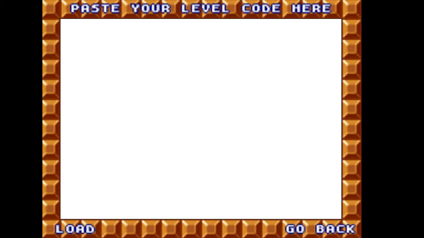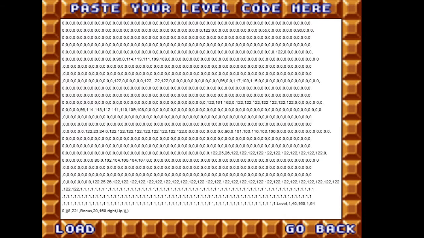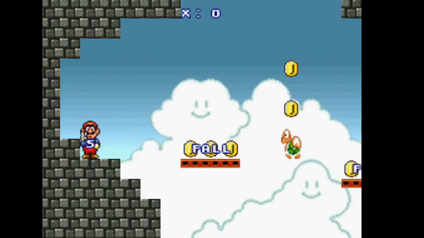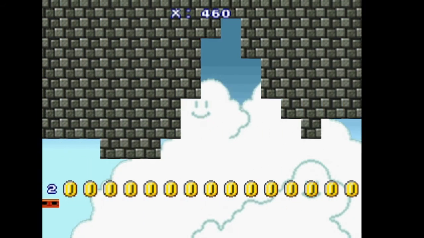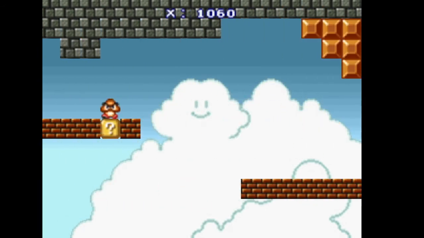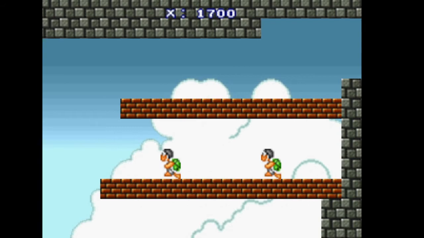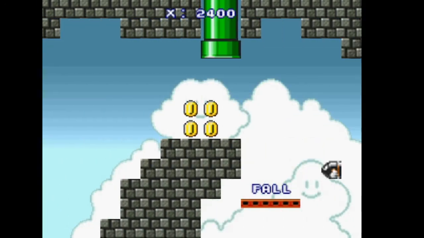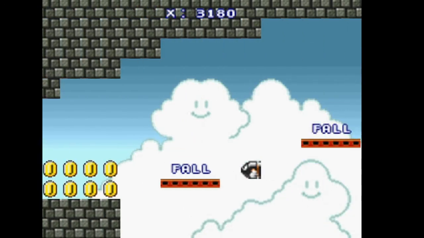Okay, and then there's 4-6B. I'm not going to play this, I'm just going to show it. It's called Upside Down because the idea is it's an upside-down mountain level. The ground is at the top, and all the things are kind of upside down. Yeah, the Hammer Brothers. I don't know if this really can be characterized as upside down completely, though. It's kind of...